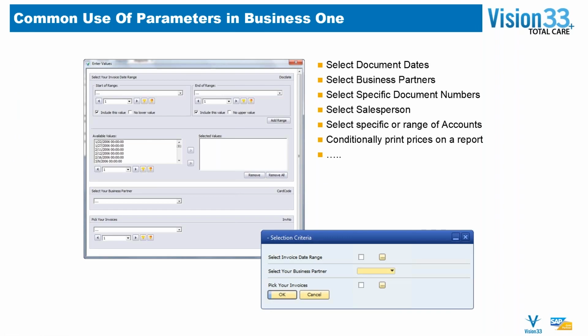So what can you use parameters for? Well, you can select document dates. You can select business partners. You can select specific document numbers